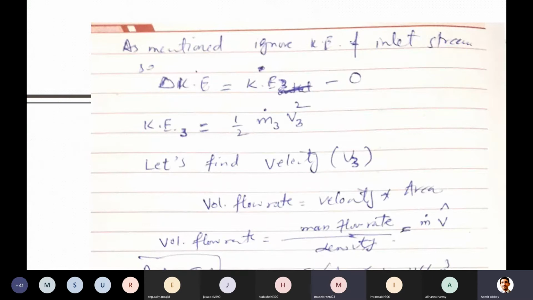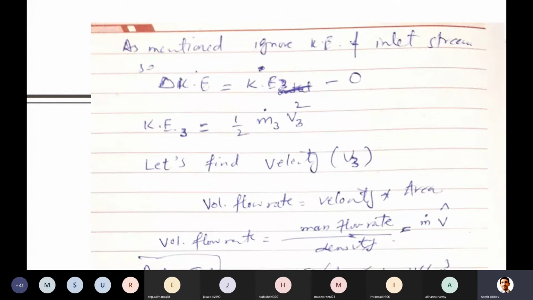You don't have it, sir. But guys, you have here mass flow rate, not volumetric flow rate. But in the question statement at the same time, you also have the specific volume or the density. So as Miss Huda was saying, this is somehow the modified form of the same continuity equation which we are talking about here. So that's mass flow rate over the density. Instead of density, we have specific volume.